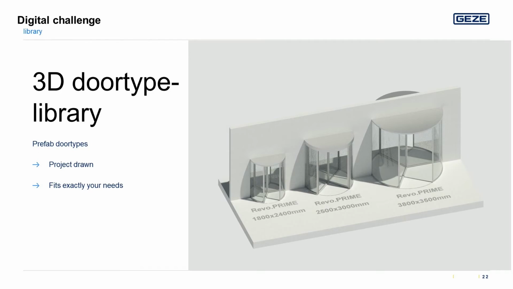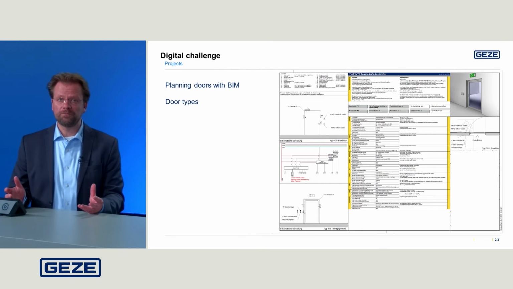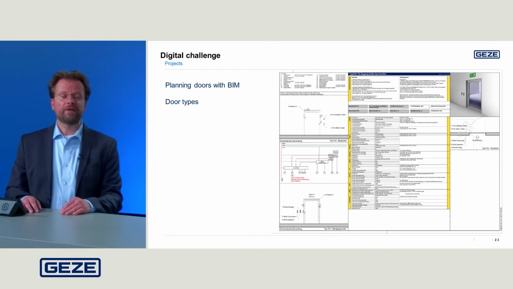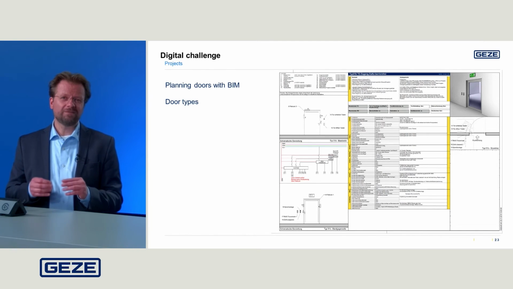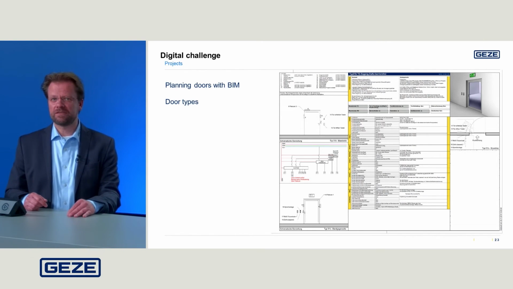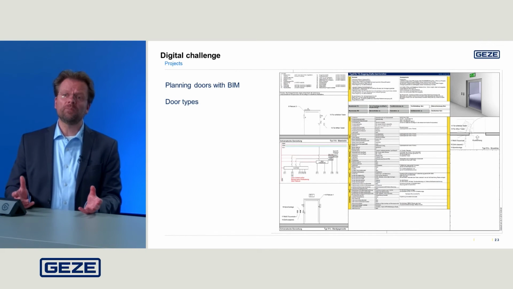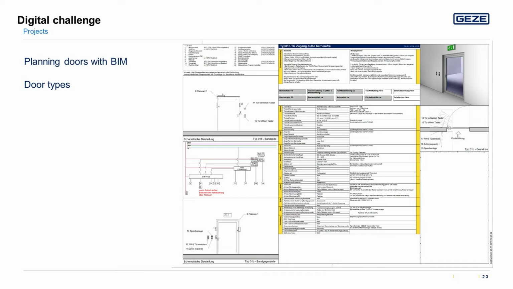So just ask us, and the next thing we can do for you is we are able to create, of course, these pretty pictures. Yes, these are very nicely put 3D objects, but we can do more for you. For the last 4 years, we have made door plannings. Well, it's more than just creating tender texts or drawings. It is a complete door planning. In this case, we created a door description, door schedules. We created some cable plans. And this is a door you can really produce and get on the building site.